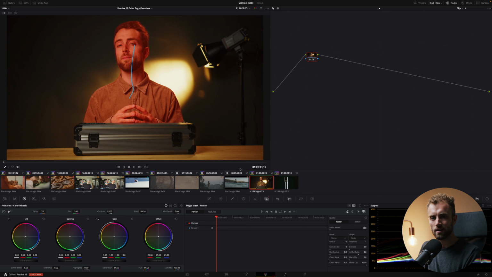Now, of course, you can refine this selection, and you should, but you can see how fast it is. It took me at least an hour to make a nice rotoscope around myself, and then I have to keyframe every frame, so that's horrible. So yeah, super powerful, super cool to have this option.